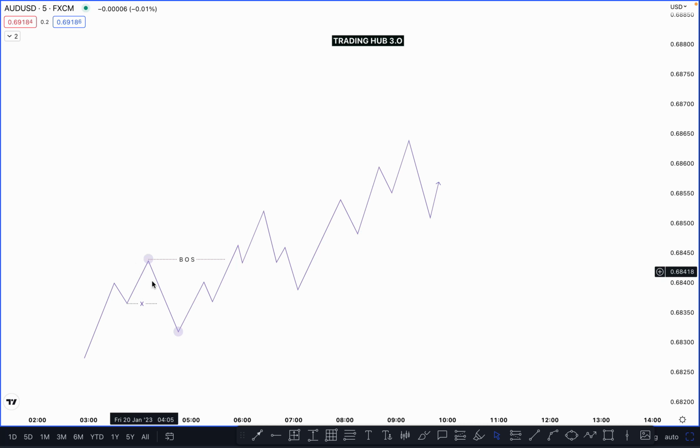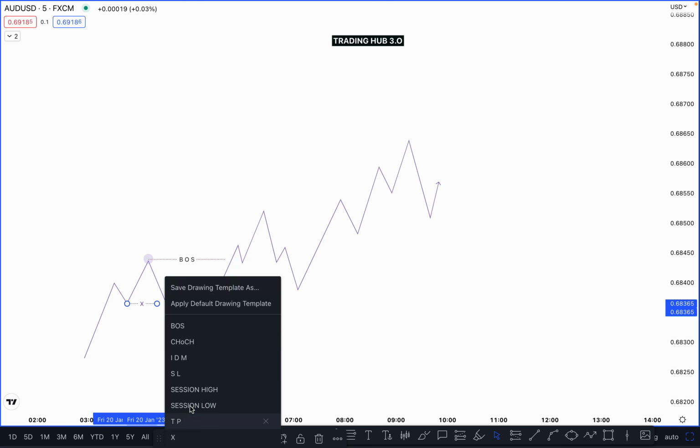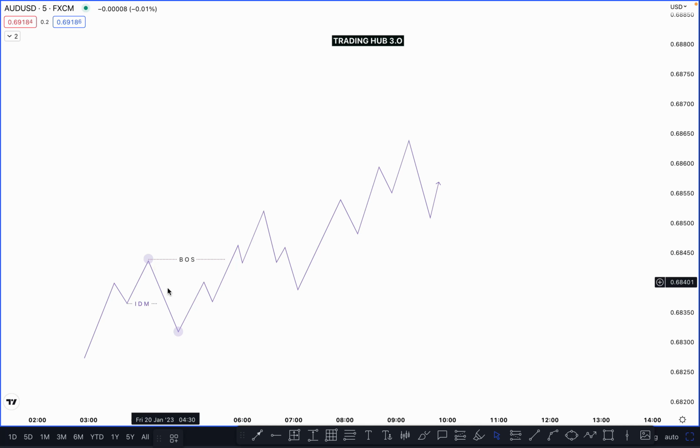So once the market takes out this inducement, this is called a proper inducement, and then what happens? It breaks this one, and sometimes this can be closed, sometimes liquidity is taken out, it doesn't matter. In both scenarios, both are valid in terms of the inducement. Again, what happened? Break of structure is here, and after the break of structure, you have to wait for the inducement to be taken out. So in this case, where is the inducement? Look at this price action here.